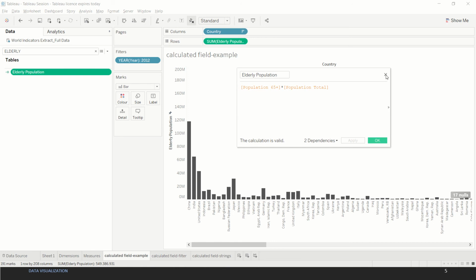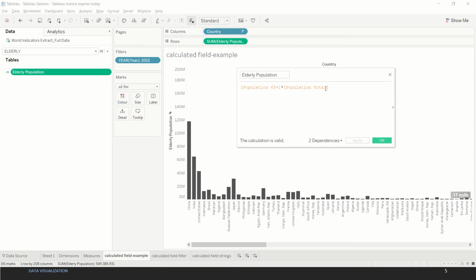Once you create a calculated field, and if it's correct, you will see that Tableau gives you a go ahead that the calculation is valid. In case there is an error, for instance, if I get rid of the square bracket, it shows that the calculation contains an error. If you click on that, you get that error, like column name missing the closing square bracket. So once I put that square bracket back, the calculation again becomes valid.